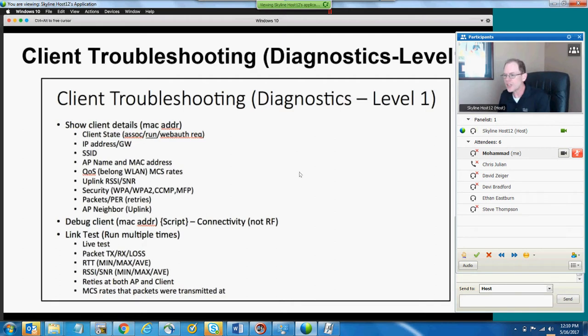All right. It also gives me my RSSI and SNR values. It tells me what security I'm using. It also gives me packets and packet error rates, so the retries. And so when we look at things such as packet retries,